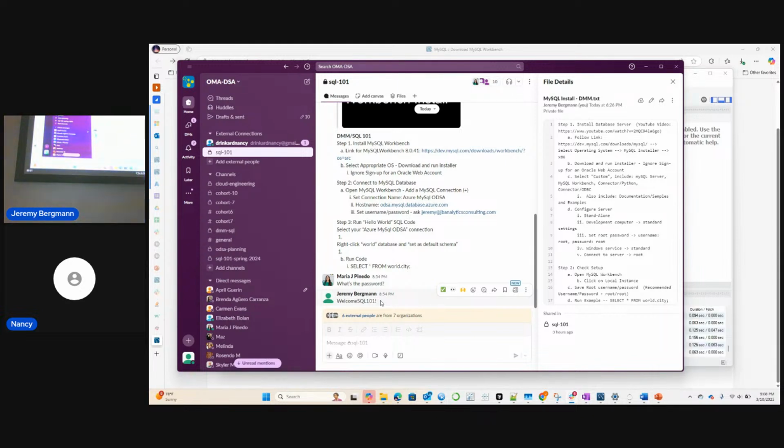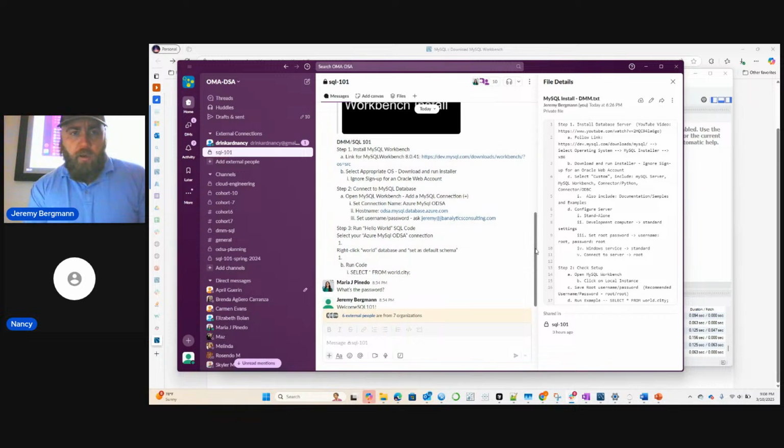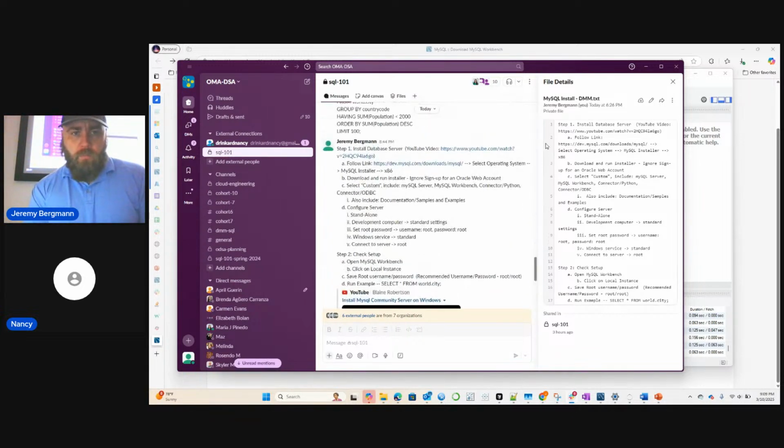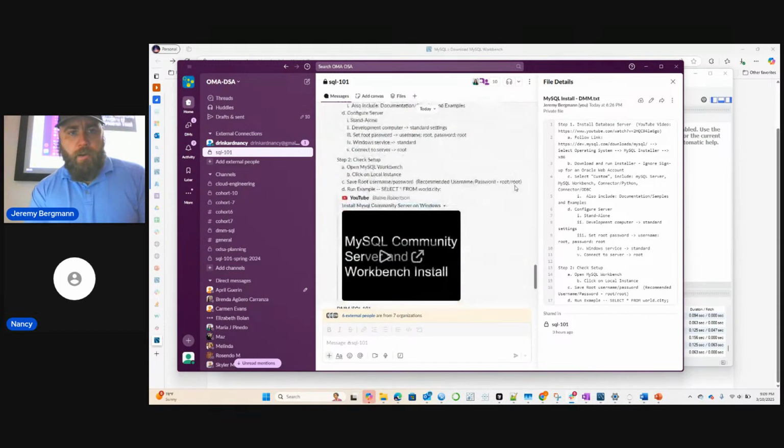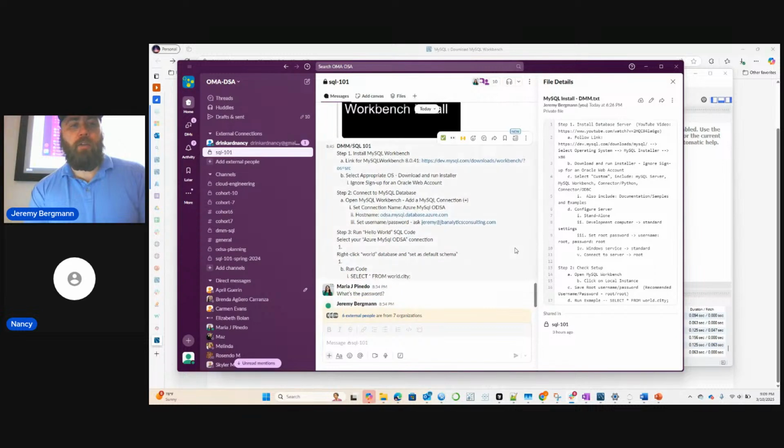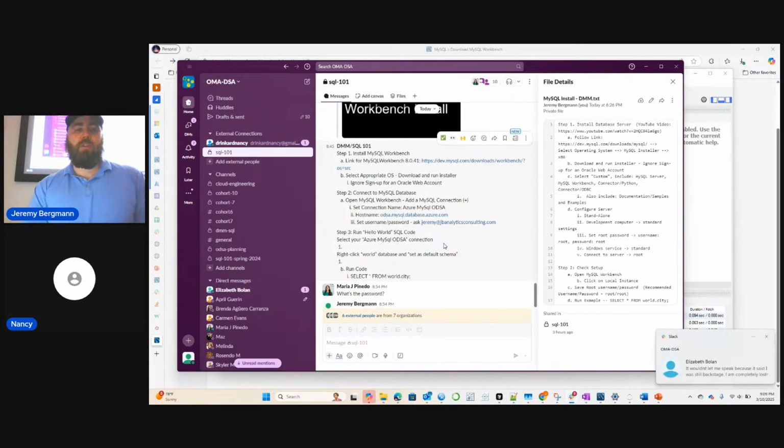How's that one coming along? I just need to know which instance, because I grabbed the first one. Can I see up at the top real quick? Select version. That's still community server though. Hold on. There's this other link. Oh, this is the one that says Workbench? There we go. Yeah. The one down there that's DMM forward slash SQL 101. Windows do.